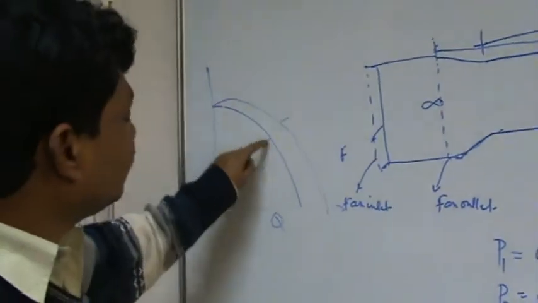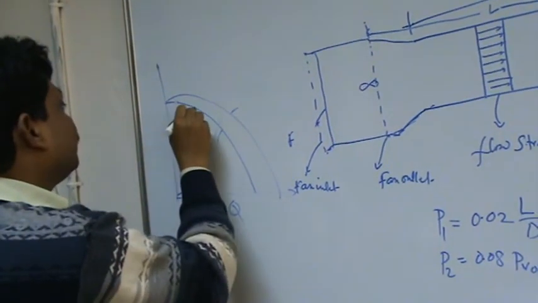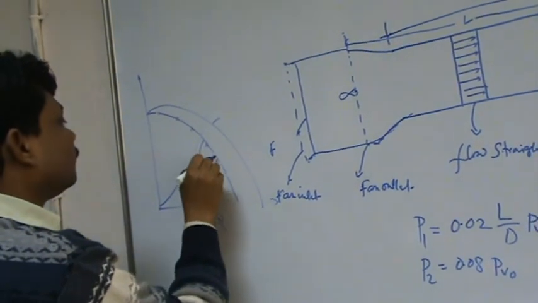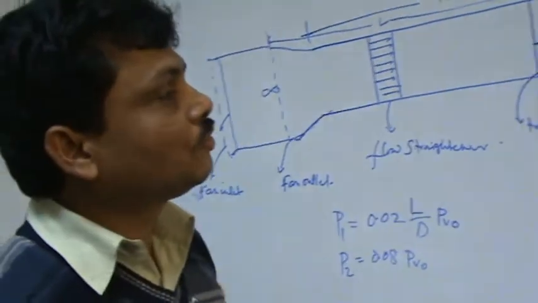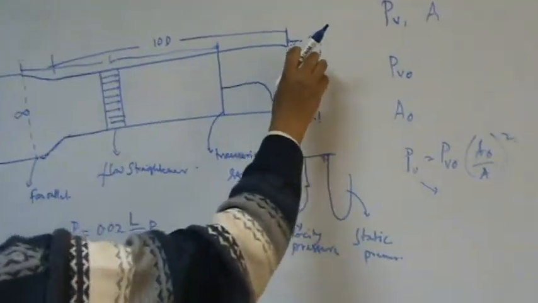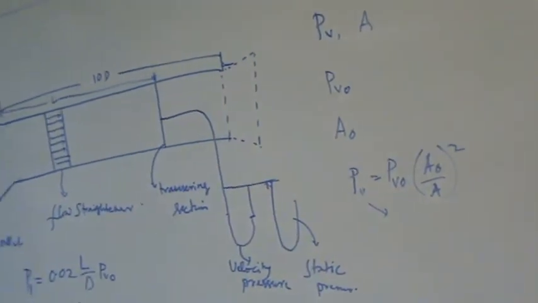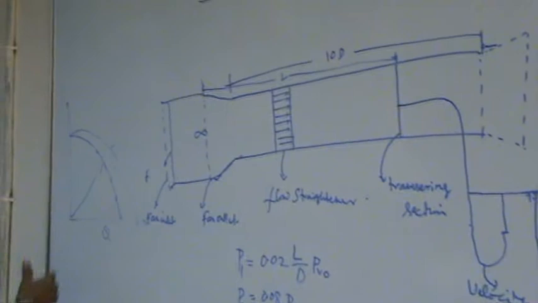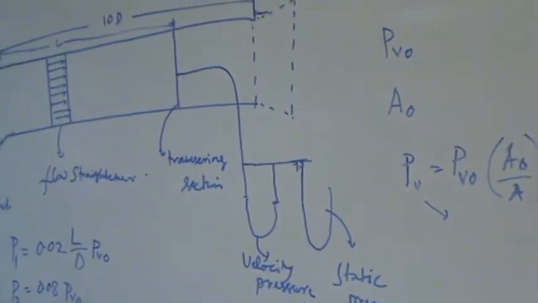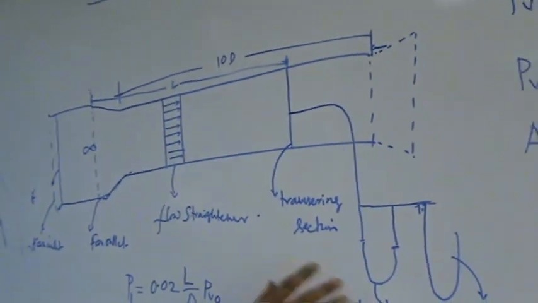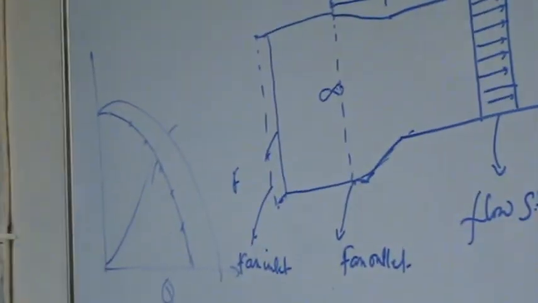And to generate these curves, basically we have to generate a number of points by creating different flow conditions, and we have a throttling device attached here. By controlling this device, we can change the flow, and we can create a certain number of flow conditions, and from this setup we can measure all those parameters and we can generate these curves.